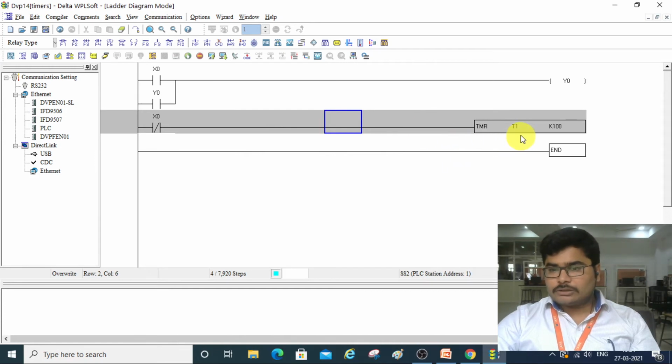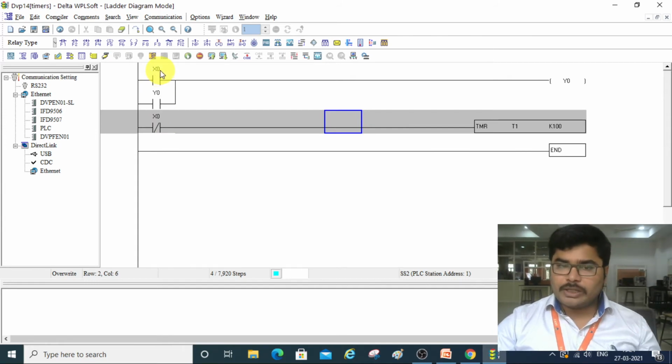Now this is about the off delay timer. Whenever X0 is open, that means whenever your switch is open, X0 will be de-energized. When it is de-energized, as the contact is normally closed, the power supply will go to the timer and the timer will start counting its value.